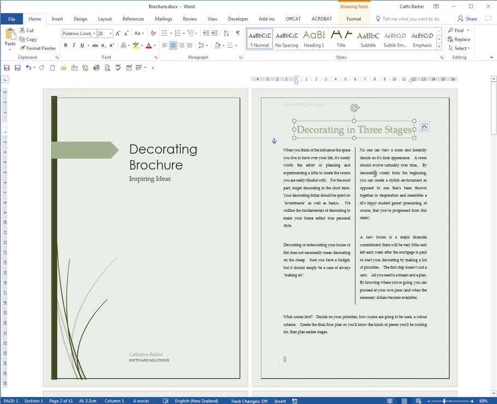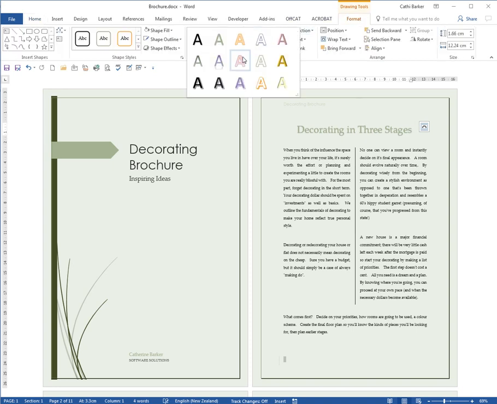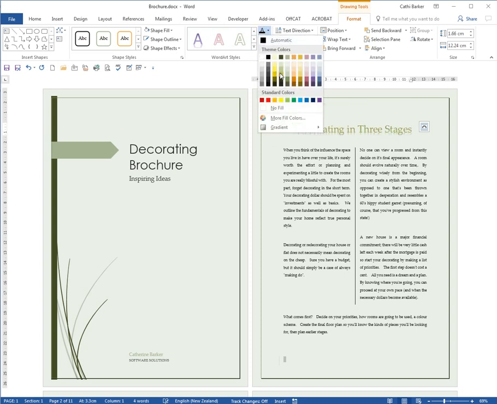document. Now to improve the look of my WordArt, I can go to Drawing Tools Format, and I've got various styles that I can choose, and I can roll over them to see what they look like. So I quite like this style here, which has got a bit of a reflection. But maybe I don't like the color. So now I'm going to change the text fill to something that's a bit more green